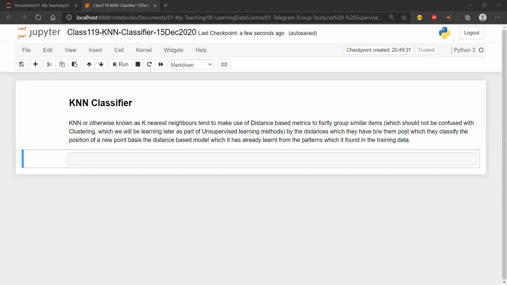You know how these things work because we have already seen that in our code. So code wise, it's going to remain almost the same, but the way it works is how KNN is going to differ.